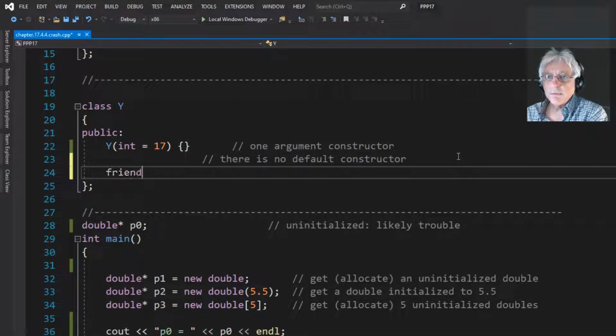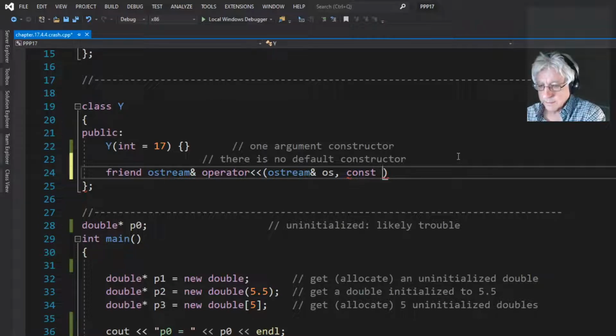Can we do it with a friend function, which returns an ostream reference operator? It's going to take an ostream reference os and a reference to a constant thing, y, and then cout